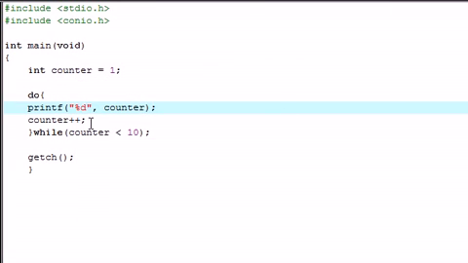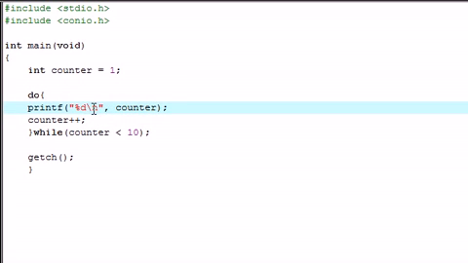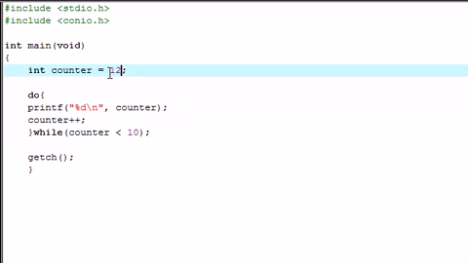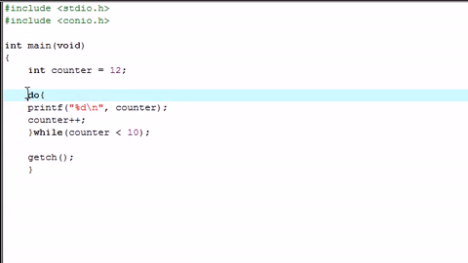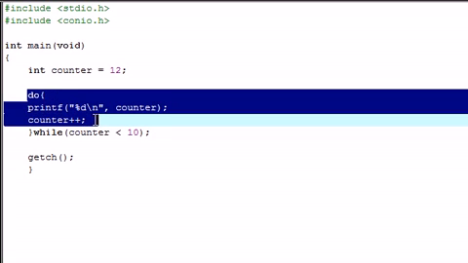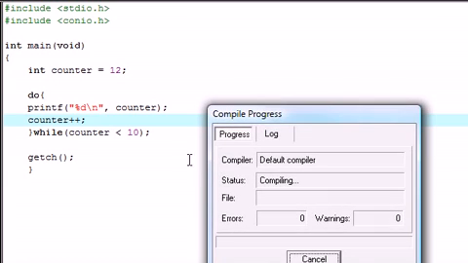And if you're saying, alright, this is pretty much the same thing as a while loop, well, you're right and you're kinda wrong. In this case it does the exact same thing, but I want to show you guys the main difference between a do while loop. Say the counter is 12, which is greater than 10. So if we had just a while loop with this test condition, it wouldn't run at all. But since we have a do while loop, it's going to do this at least once, and then it's going to check for the test right here, and it says, alright, this test is false, so I'm not doing this anymore. So let's go ahead, compile, and run this right here,